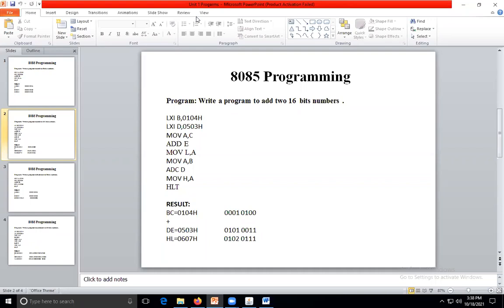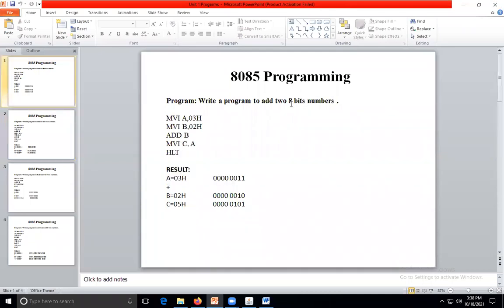First I'm going to discuss all the programs related to the 8085 using the PPT. Then we will see the output of these programs on your 8085 simulator software. We are also using the kit to run programs, but when college starts, then we will see it on the kit. Here we are discussing the programs on the simulator.